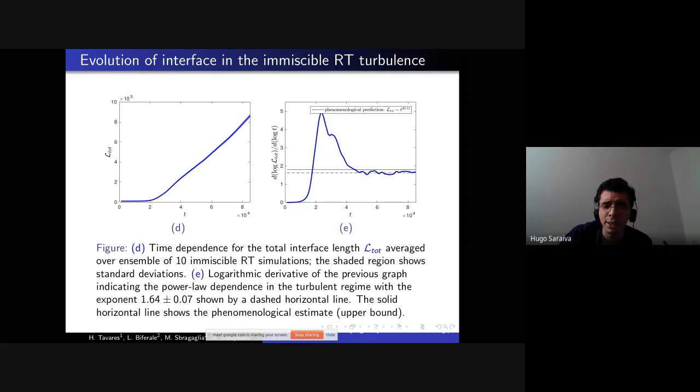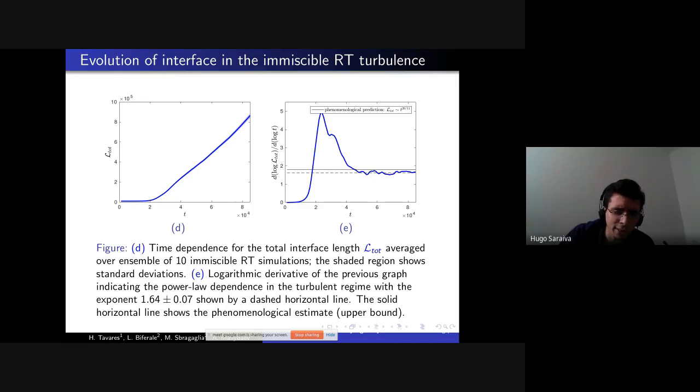And in picture E, we have the logarithmic derivative showing the power law of the system, the tendency to the power law. The phenomenological prediction obtained by us is indicated by the solid black line. Remember that our phenomenological prediction is an upper bound. But despite being an upper bound, we see that it is still very close to the real exponent of the interface, which